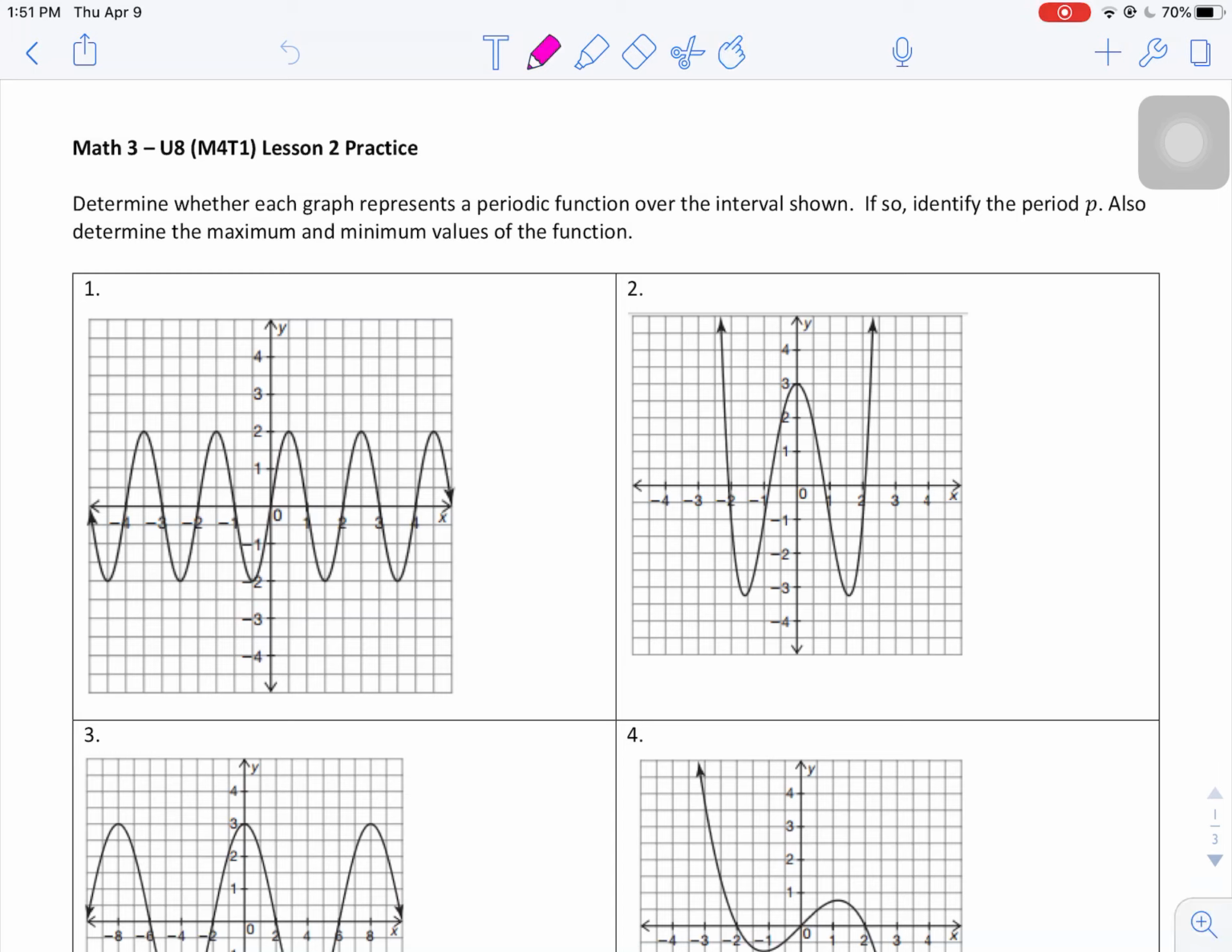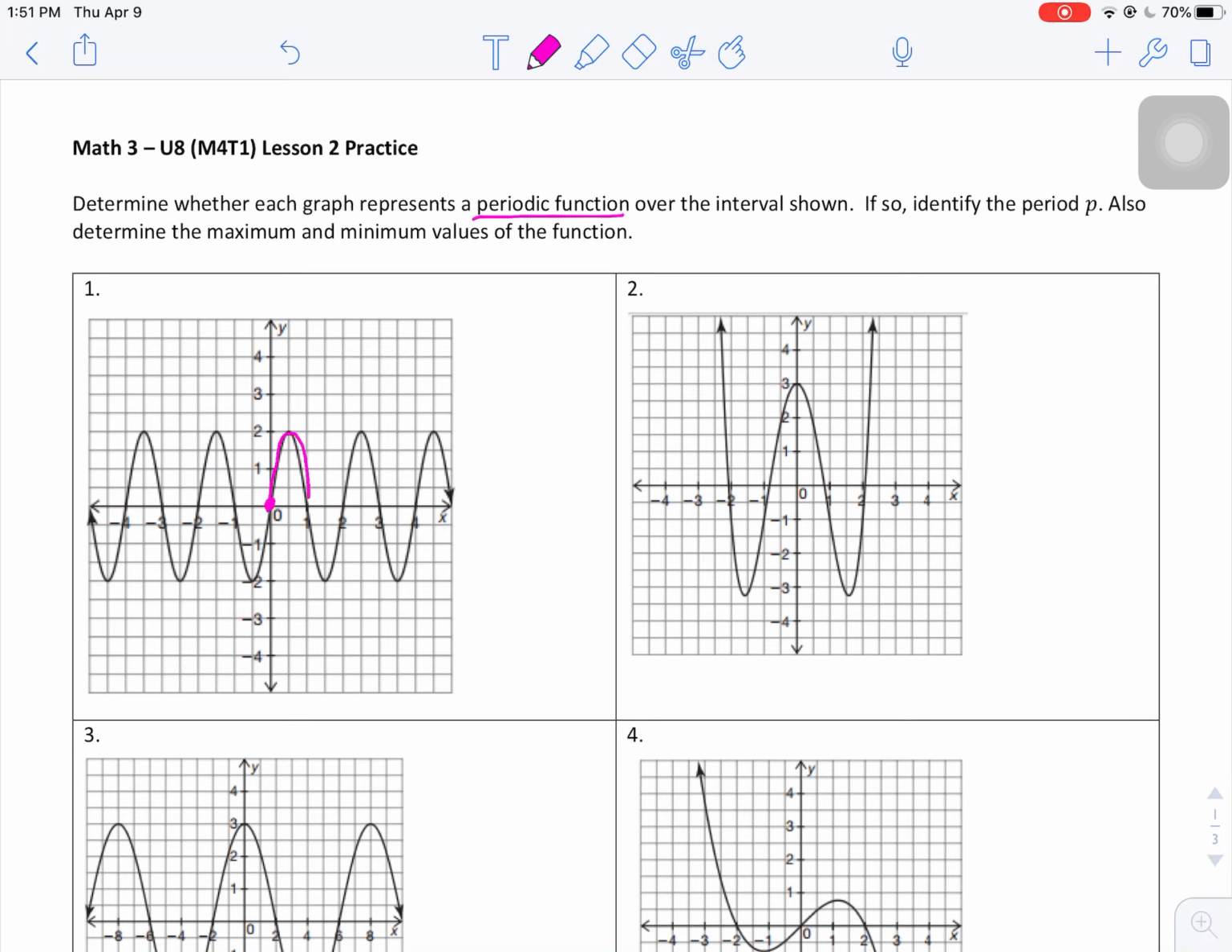So remember, a periodic function has to repeat itself over and over and over again. So it has a cycle. On the first one, that graph obviously keeps doing the same thing over and over again. It just keeps going up and down like a wave. And the period is how long it takes for the graph to complete one full cycle before it starts repeating